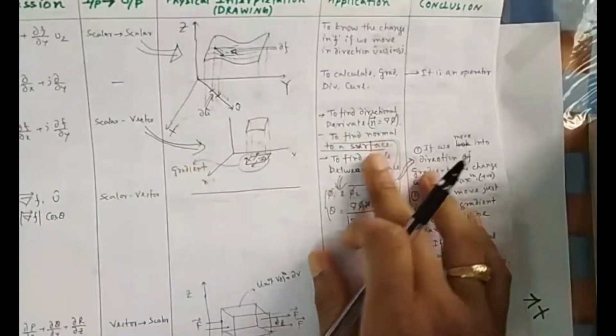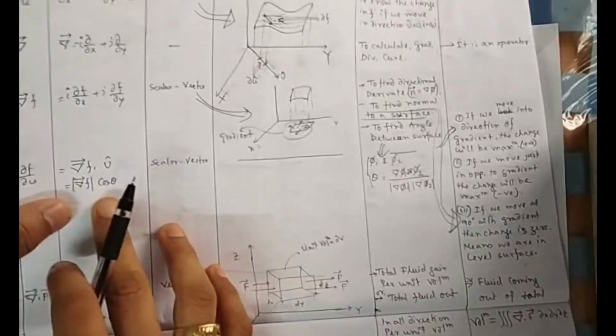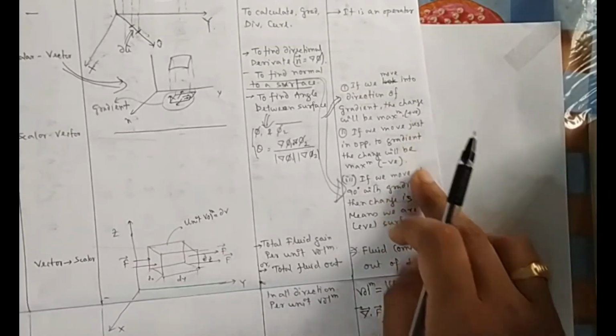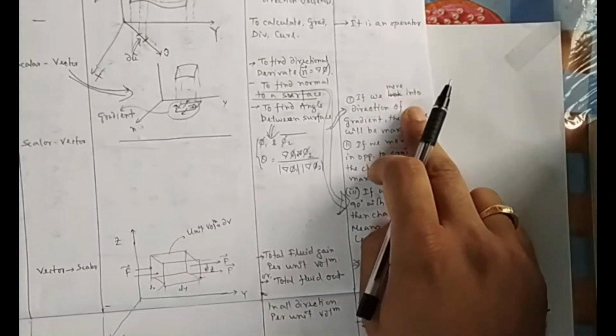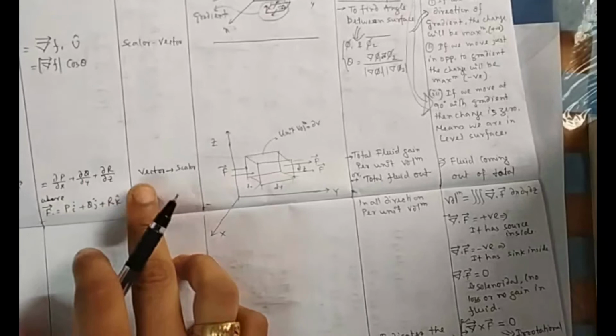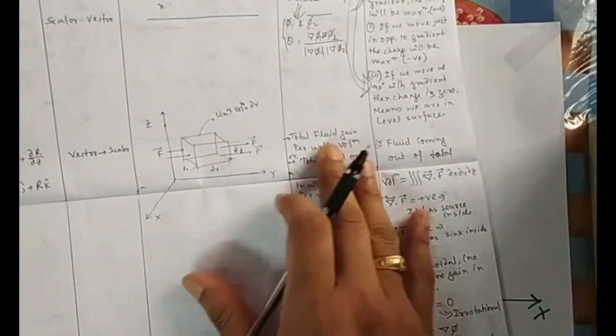So using grad you can find the normal, you can find the angle between these two. Directional derivatives you can use this one. By using grad you can find the conclusions and what the positive and negative meanings will be. Zero means we are looking in the same direction. If you look in the opposite direction, if you look at 90 degrees. Divergence, this was the formula, it is vector to scalar. Total fluid, you can remember it with the associated figure, recall it in your mind, so it will be easy for you. Total fluid, how much fluid is coming, if it is 0, there is no loss, no gain. Positive means source, negative means sink.